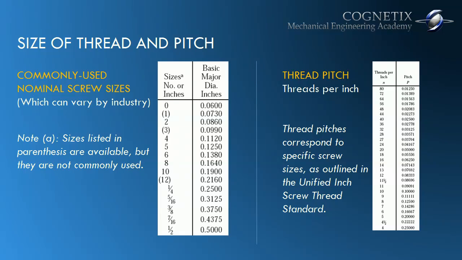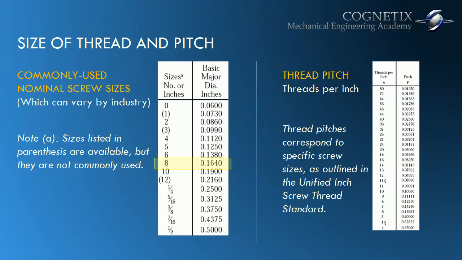Looking at the left column, notice that some of the numbers are listed in parentheses. These are listed in parentheses because they are available, but they are not commonly used. So it's always best to stick to items and components that are more commonly used. Looking at number 8, for example, screw size number 8, its major diameter would be 0.164 or 164